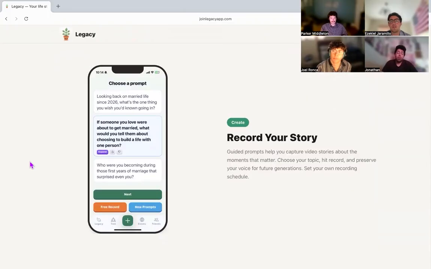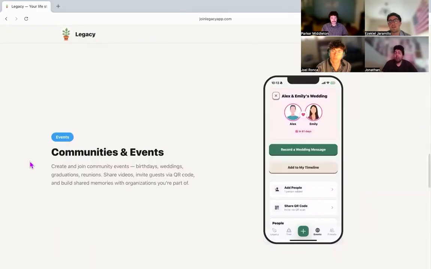You can record using AI prompting, so you're not confused as to what you're supposed to talk about whenever you record. And one of the big features is that you can have events connect with a small group of designated people, over like a birthday party or a graduation or a wedding, and have just a relevant group of people